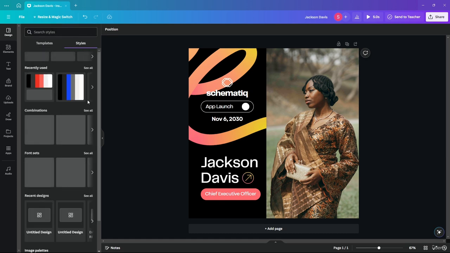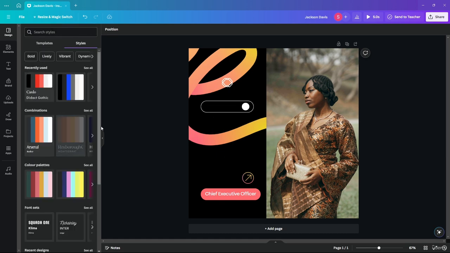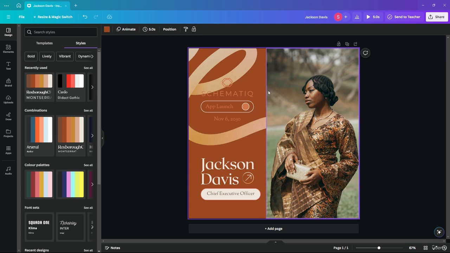Then you can have the styles. You can also change the styles for this entire thing. As you can see, I have changed the style, which matches the dress color of this beautiful lady over here. So that is how you can change and customize your templates, for videos, presentations, images, or any kind of post or social media post that you want to create. You can change the style, change the template, adjust the template, customize the template